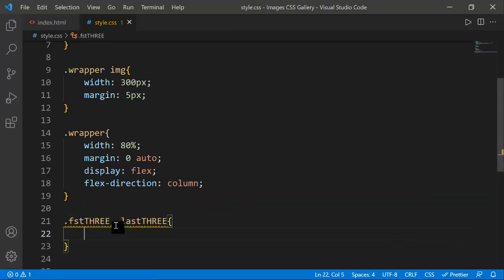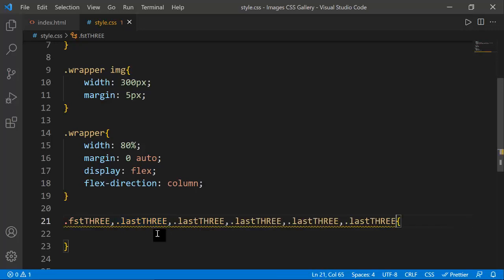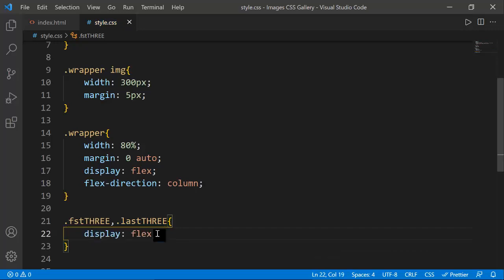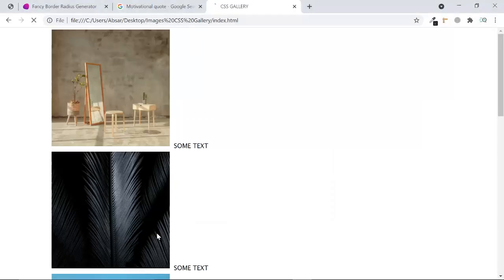you can see I put a comma here, which is used when we want to select multiple different selectors and apply the same properties to both of those, or you can actually put a lot of them, Ctrl+C, Ctrl+V. You can put as many as you want. So I just want these 2, and I want to set display to flex, and once I refresh it,